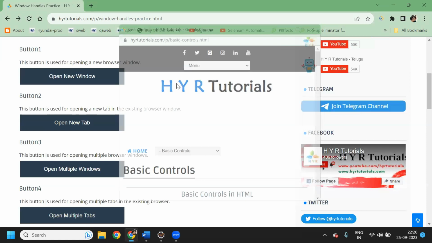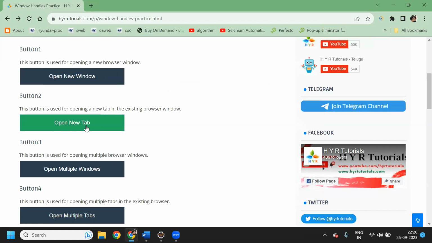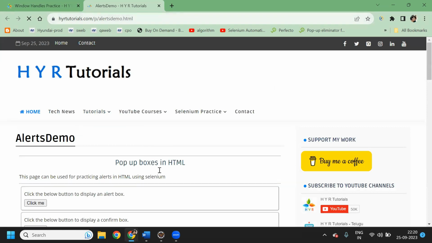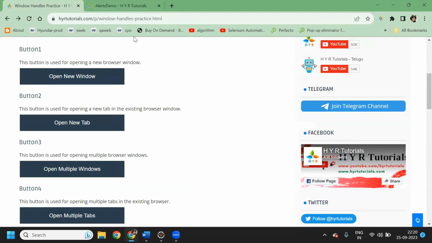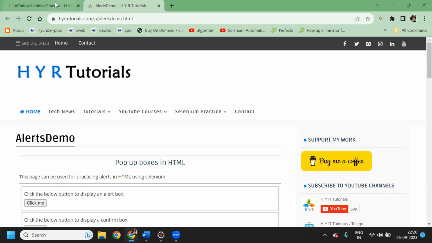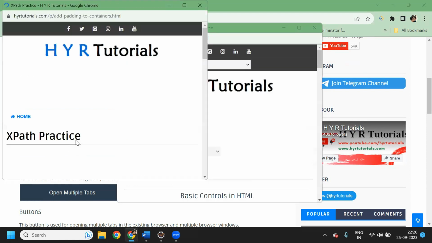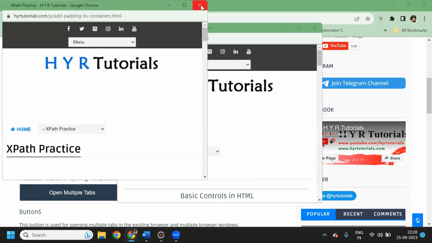Now I will close it, and this is for tab. It will open one new tab. So how to handle this tab, like how to switch from this window to this window, I will explain you while writing script. I will close this, and this is for multiple window handling. Once you click on it, it will open multiple windows. See, it is opening two windows. So I will close it,